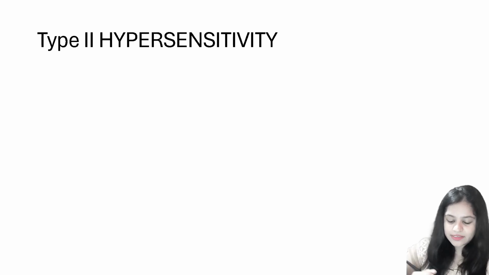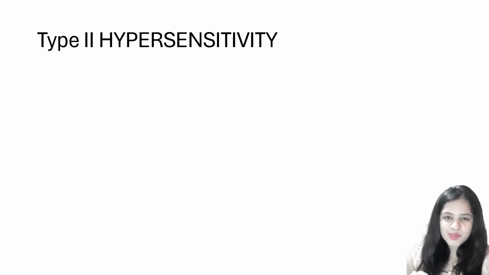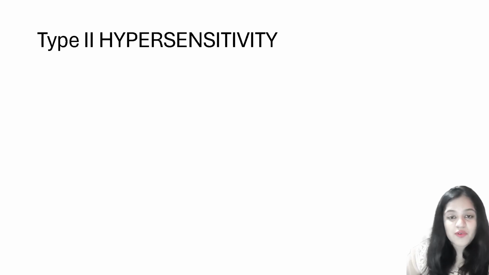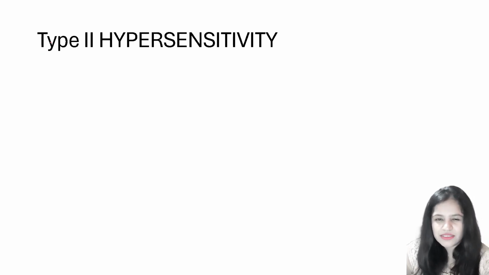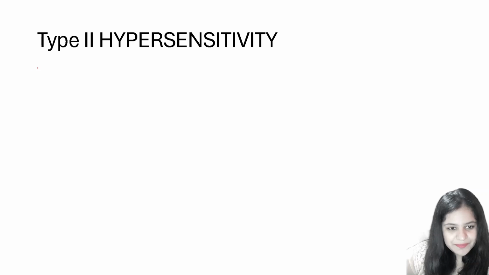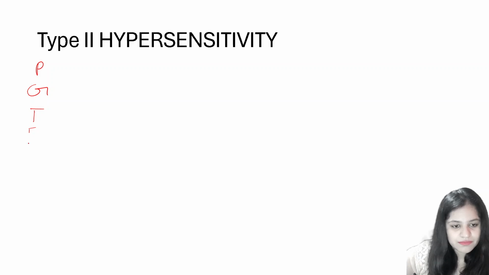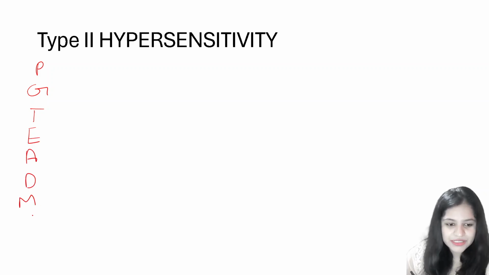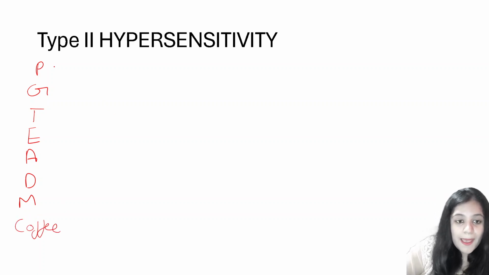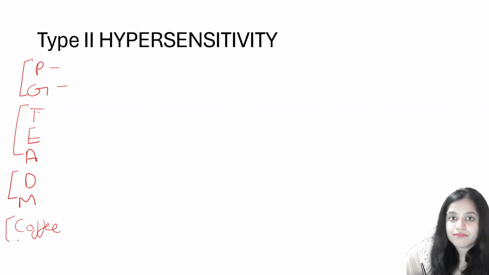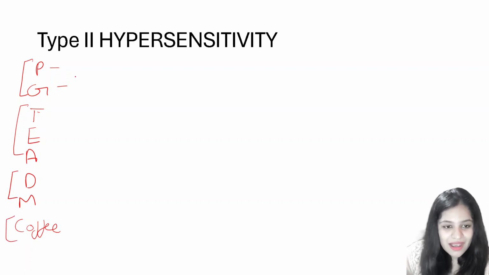Before we end this lecture, I want you to remember the examples of type 2 hypersensitivity. For that, I have a mnemonic to make it easy for you. Now, you see, when you are doing your PG, you like tea. But when you do your DM, it's a bit more difficult than your PG. Then what do you do? You start liking coffee because you need something to be more active. So this is the PG, tea, DM, coffee. Now let's see. P stands for